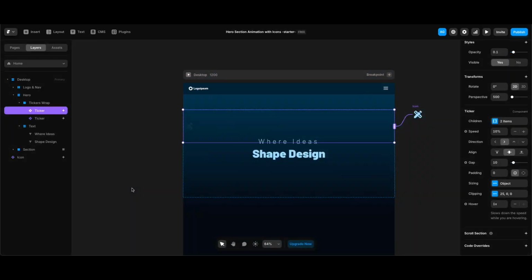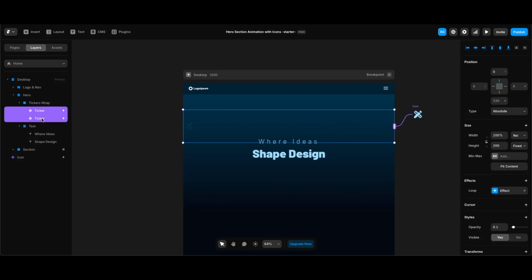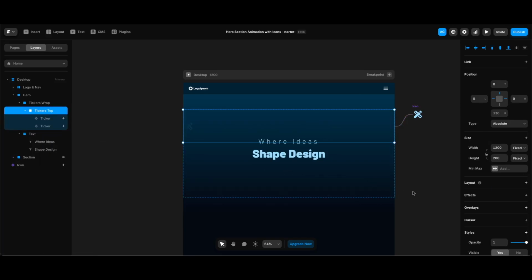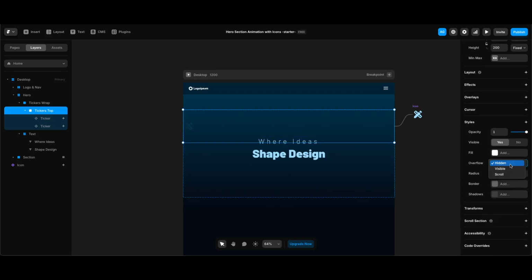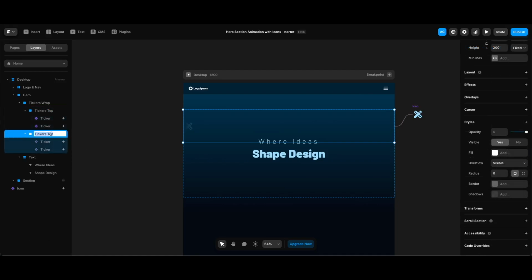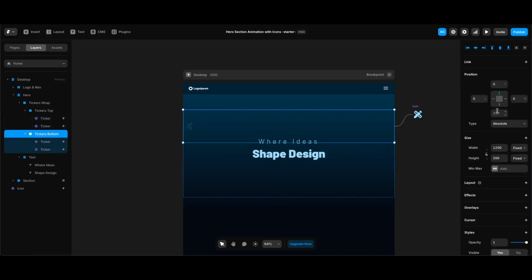Now all we need to do is duplicate this set of tickers and paste it to the bottom of the tickers wrap, right? So first I'll select both tickers, wrap them in a frame and name it tickers top. I also need to make its overflow visible. Then I will duplicate the tickers top and rename one of them tickers bottom. Of course, I need to remove the bottom one's top, pin it to the bottom and make its bottom spacing 0. Now if we preview,